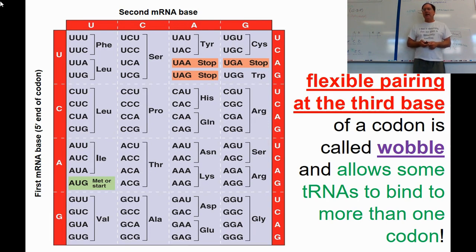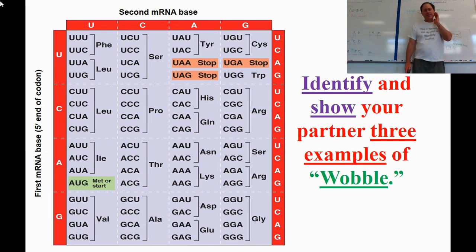Why I call that a problem is that scientists didn't know what that was for, or how that worked, or why we had evolved to have that, for a long period of time. And this is called wobble. What's fascinating about this is that you can see the variation between the nucleotides is only in the 3rd letter of the codon. Do you see that? Let's look at serine, way up there at the top, SER. You can see it's UCU on the mRNA codon, which will code for a tRNA which has a serine amino acid attached to it, or a UCC or a UCA or a UCG. First 2 letters are conserved. Last letter can be a little bit variable in a lot of these.